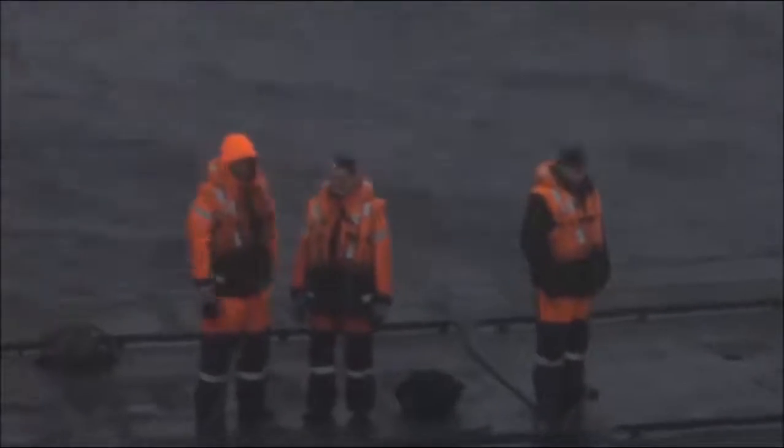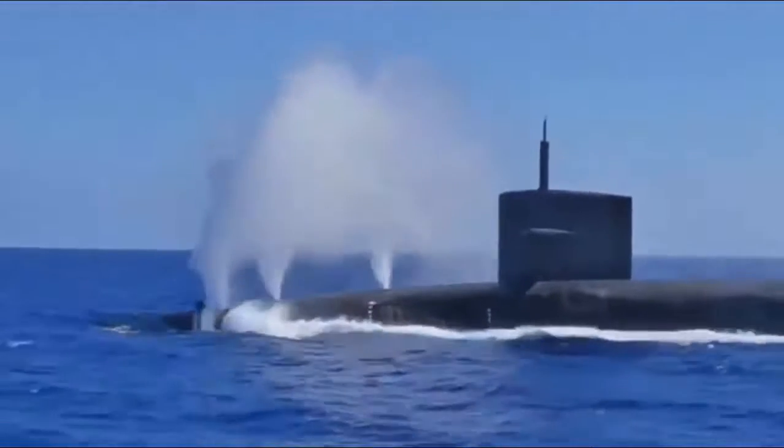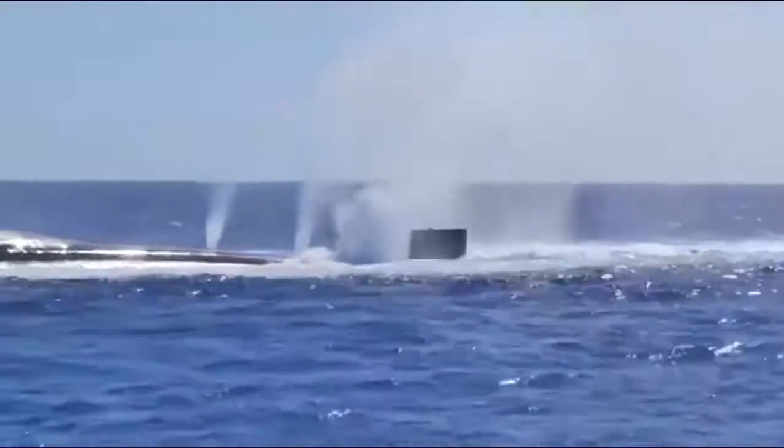While the Type 212 can achieve underwater speeds of up to 23 miles per hour, its sustainable cruising speed is closer to 9 miles per hour while using just the AIP system. The Type 212A is intended as a stealthy reconnaissance boat and ship hunter, which is why its armament was initially